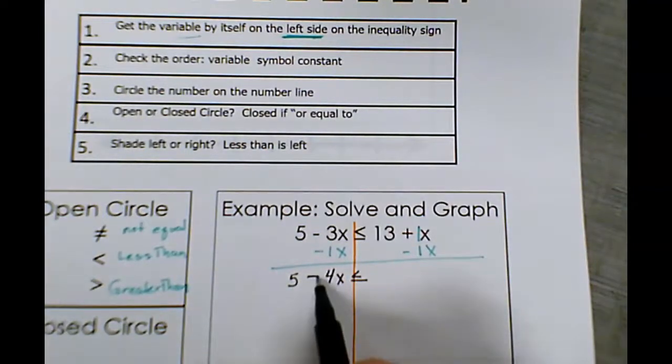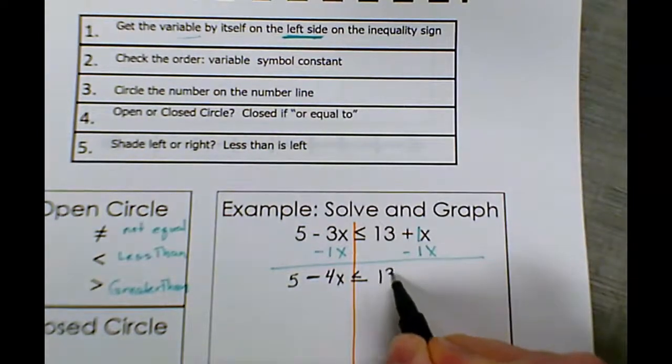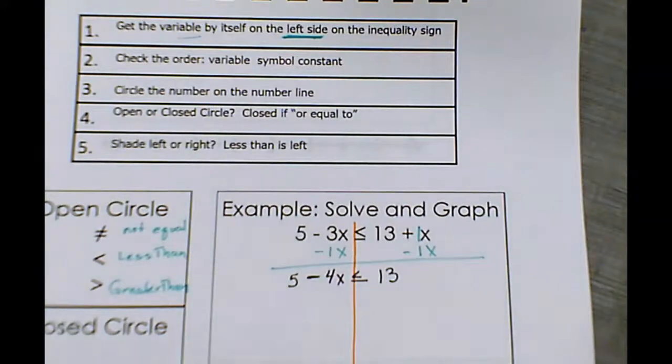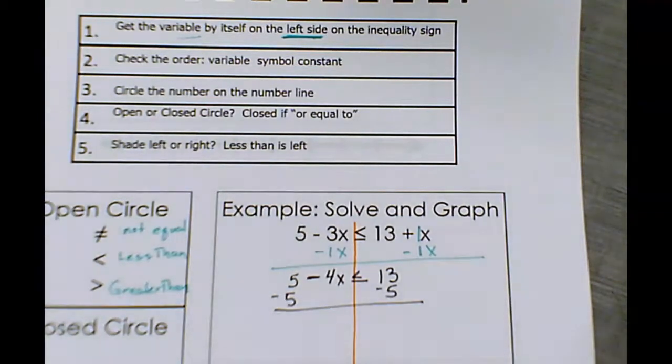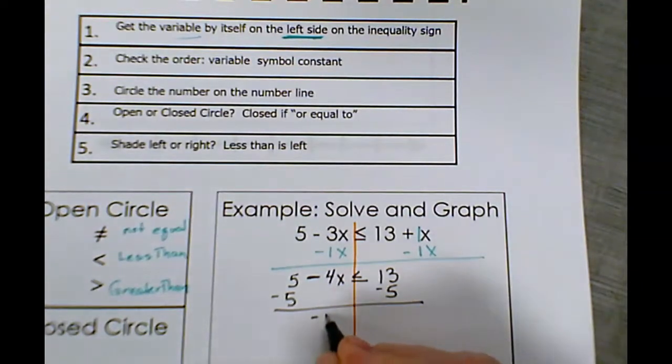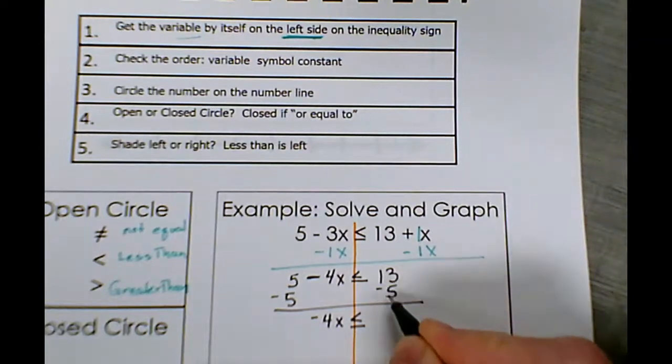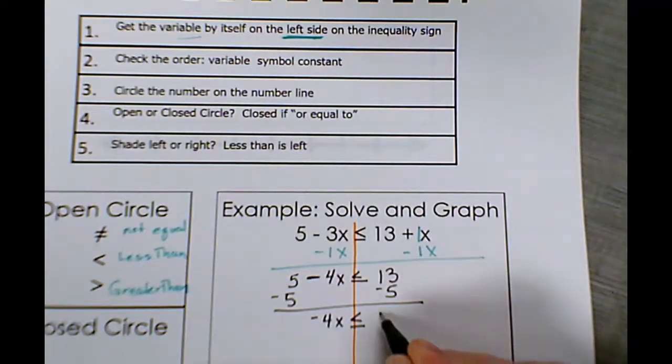Excuse me, this would make a negative 4x. Now I need that variable by itself, so I need to just subtract the 5 from both sides. And this would give me a negative 4x, then or equal to,